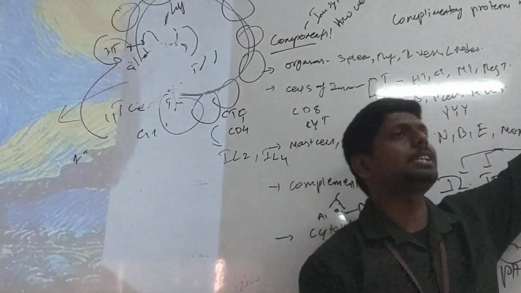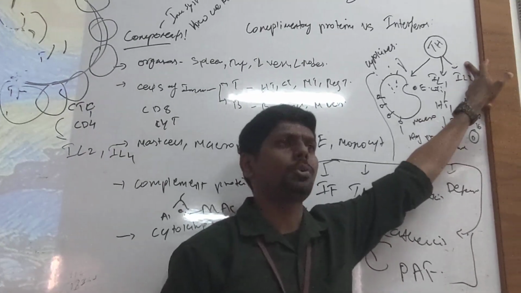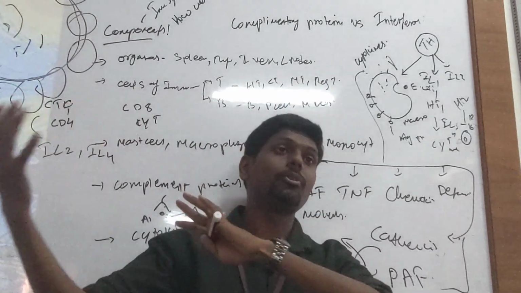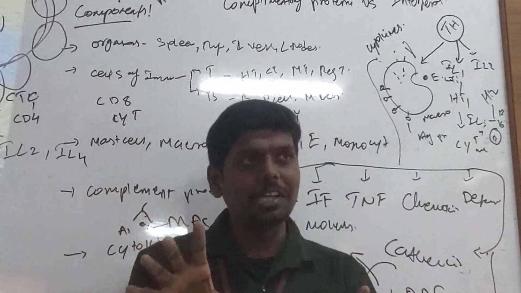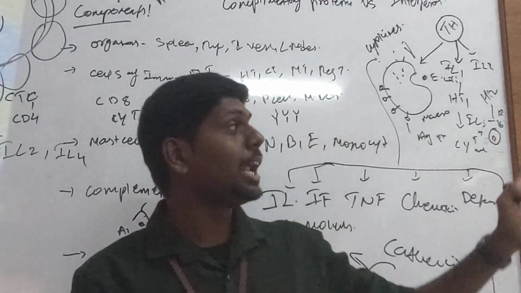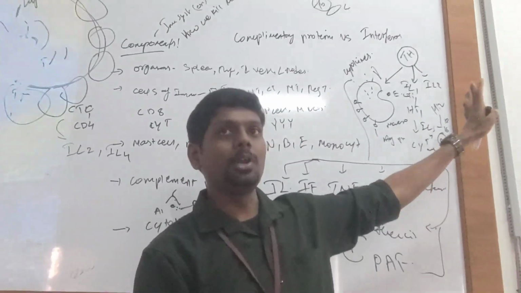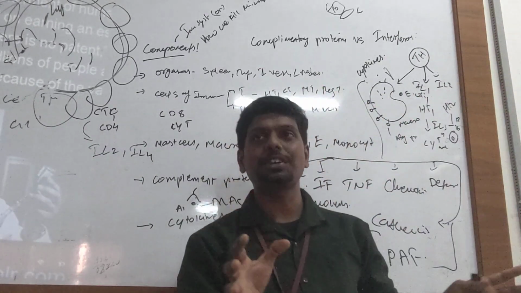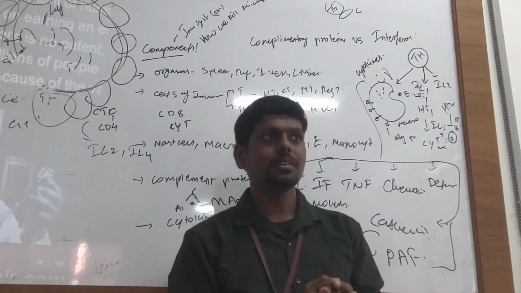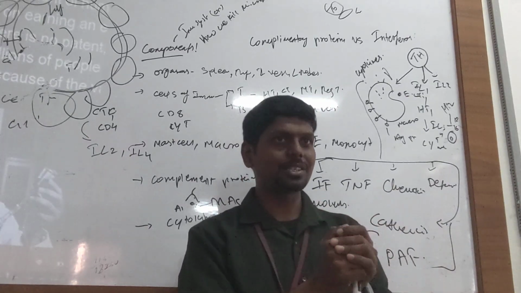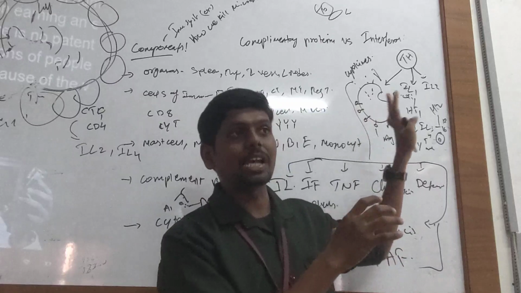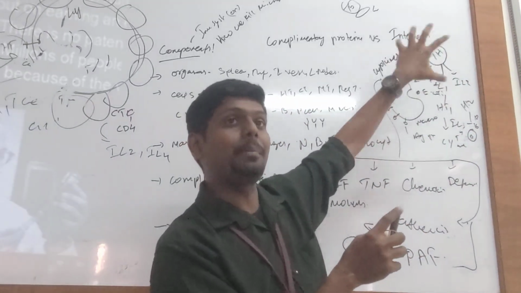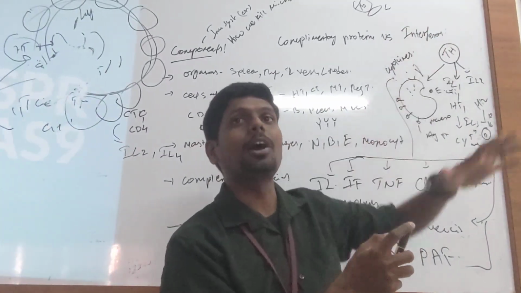I simply said helper T cell, but we came to know there are helper T cell 1 and 2. There are actually helper T cells up to 12: helper T cell 1, helper T cell 2, 3, 4, 5, 6. Usually we won't study these things in normal degrees. These are advanced topics. A pure immunologist will understand various types of cells, what chemicals they are releasing, and how they are interacting. So now you are coming into the domain of immunology. Understanding these cytokines plays a crucial role in understanding the complexity and mechanism of cells interacting inside the body.